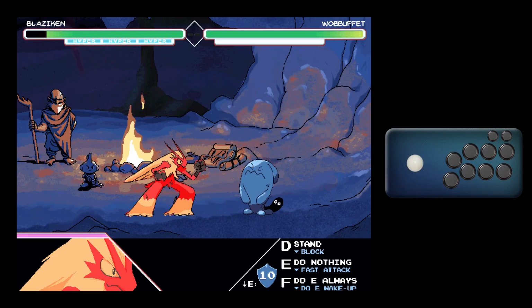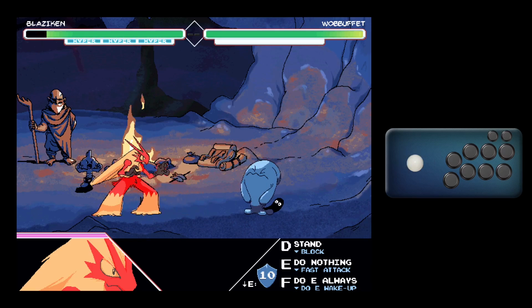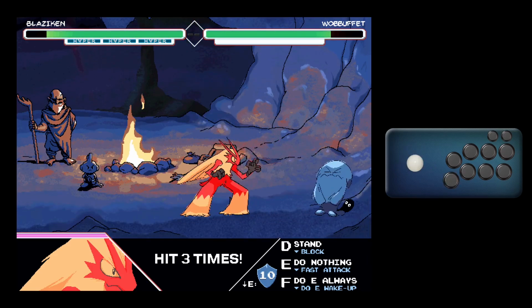You have to start looking for your opportunities to get cancels to deal more damage to your opponent every time you hit them. You could also look for something called links. Or something like...